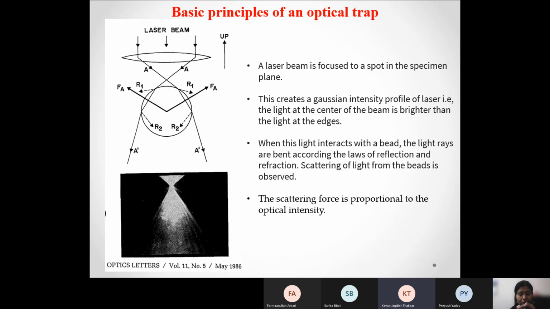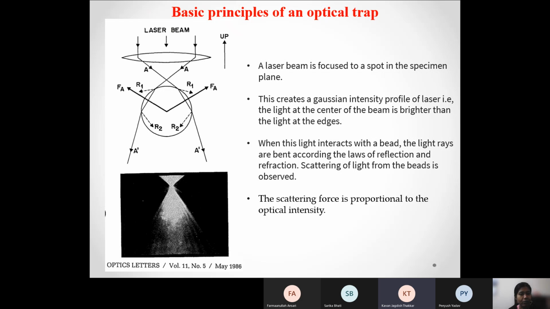There would be refraction, reflection, and scattering of light, and all of this is going to create a change in momentum for this particle. Also, if you think of this matter as having a dielectric, the dielectric is getting caught in the electromagnetic radiation. Therefore, all of this combined is going to create a condition where this particle,